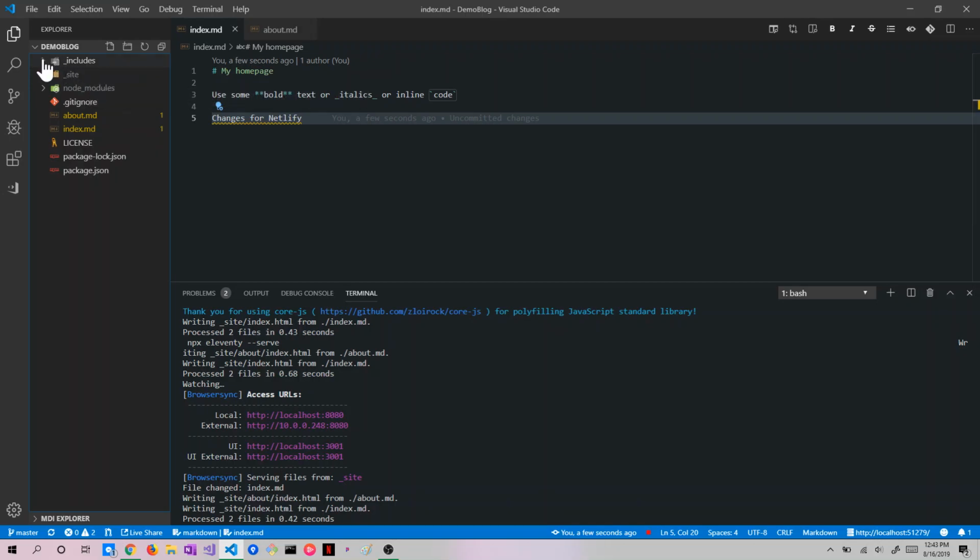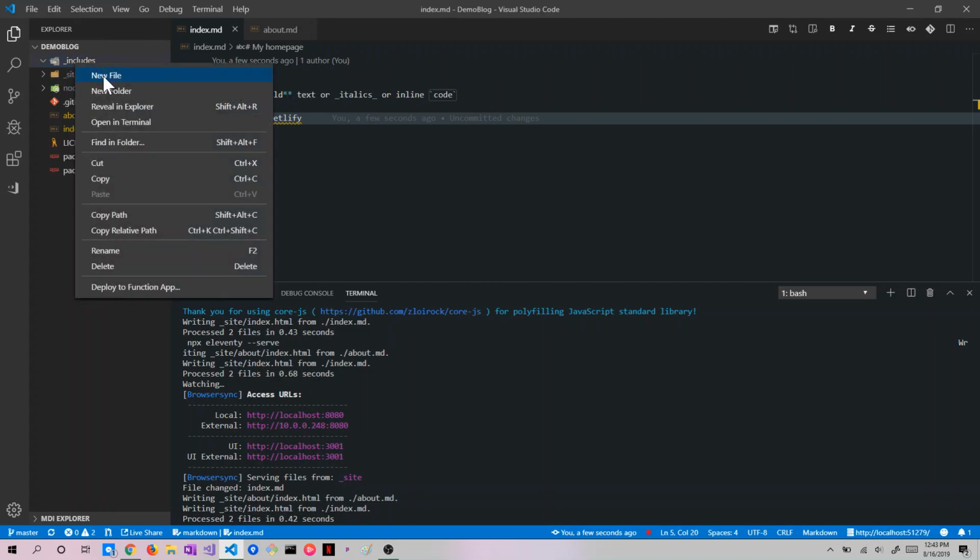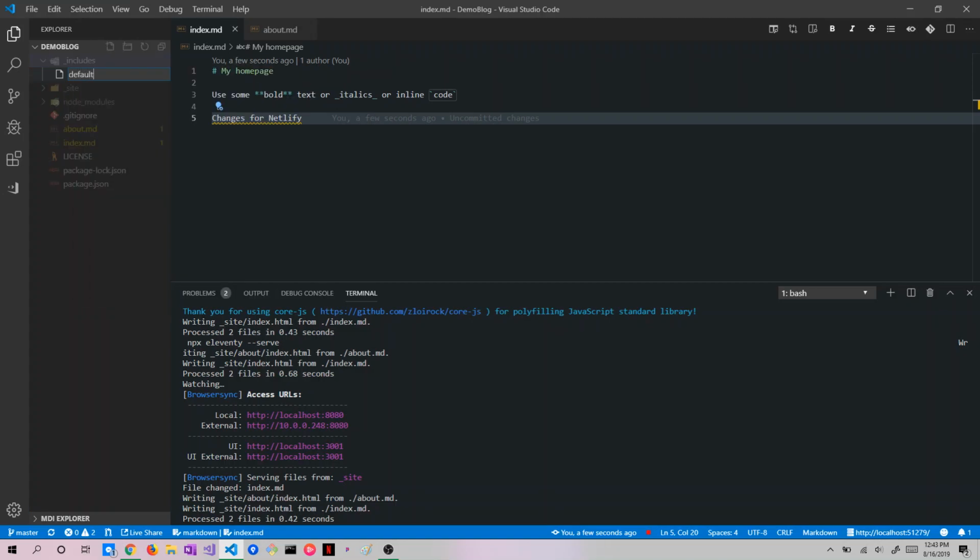And under includes, we can take anything that we want 11ty to have access to during the build process and be able to pull in dynamically. And so inside of this file, we'll just say that there's a default layout, and the templating engine we'll use to lay that out is Nunjucks. You can use a lot of different things with 11ty. Nunjucks is kind of a nice simple version of HTML plus some templating constructs, and is simple and powerful enough to do a lot of things, and works pretty well with 11ty,